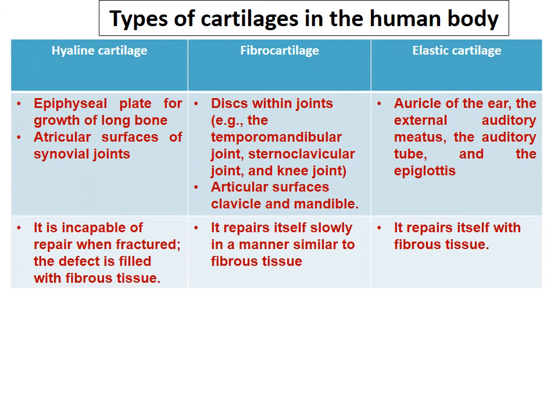Now let us discuss the last topic in this part of our lecture, which is types of cartilage in the human body. We have three types of cartilage: hyaline cartilage, fibrocartilage, and elastic cartilage. Hyaline cartilage is present in the epiphyseal plate for growth of long bone and also over the articular surface of synovial joints. It is weak and incapable of repair when fractured, and the defect is filled by fibrous